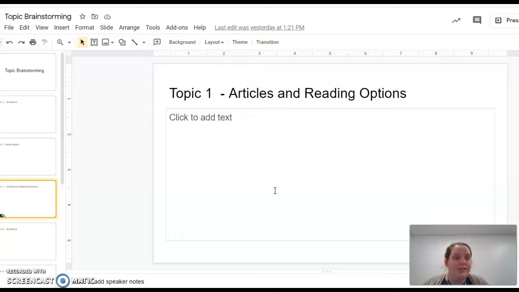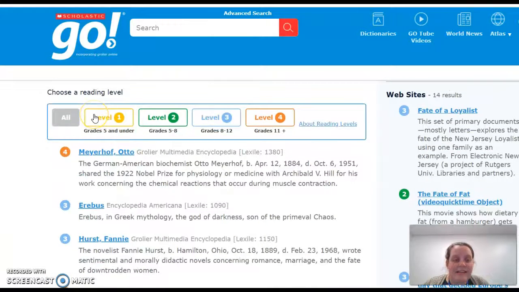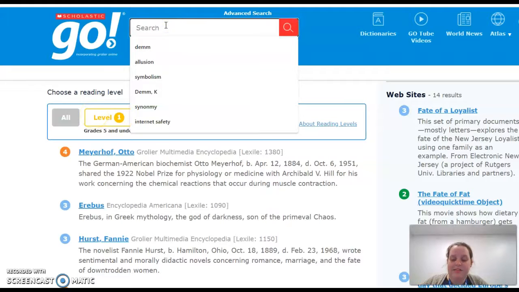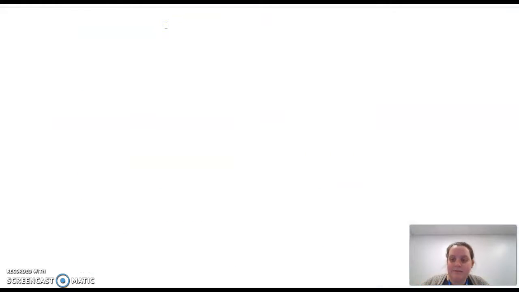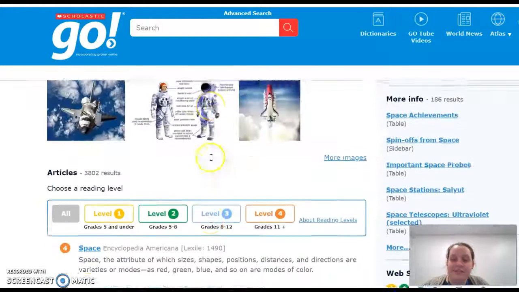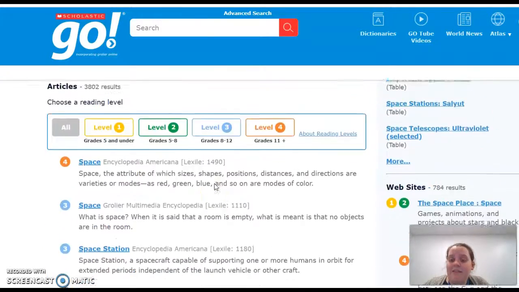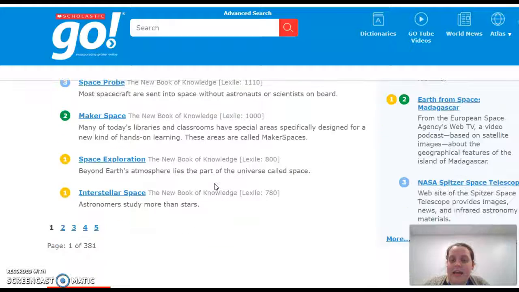So we're going to need to be able to do research. And what you're going to do is you're going to look up some different text that you could use using those library resources. So for example, we could go to Scholastic Go. Okay, Scholastic Go is a nice website to use. And so if I wanted to type in, I could go to space. Okay, and the first thing it's going to give me is all of the things. So it's got pictures. Okay, so that's just a nice touch if you're doing it for your mood board if you want. And then it's going to have all types of articles and websites.